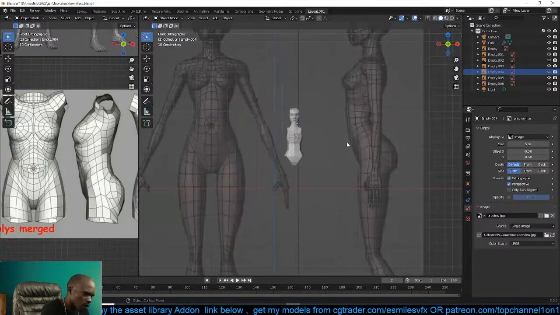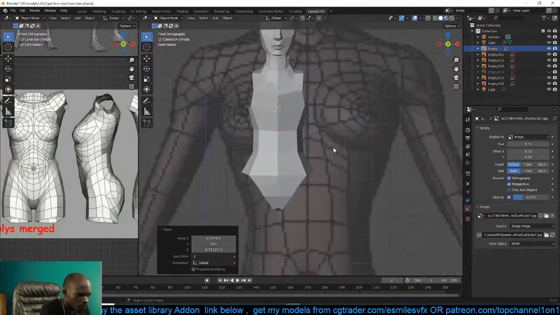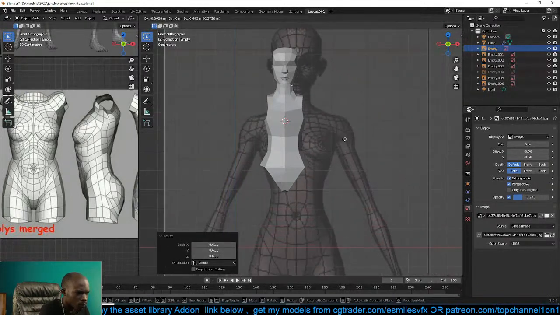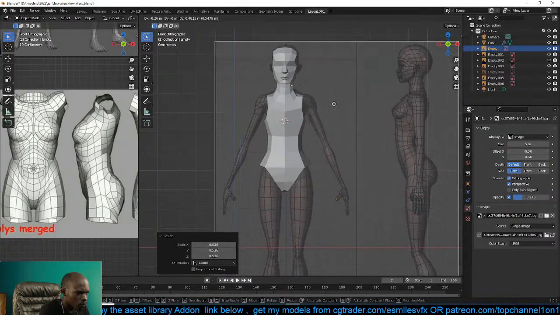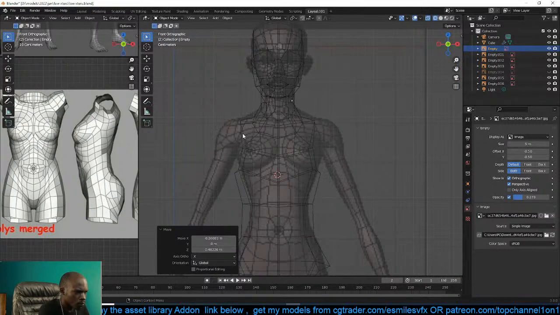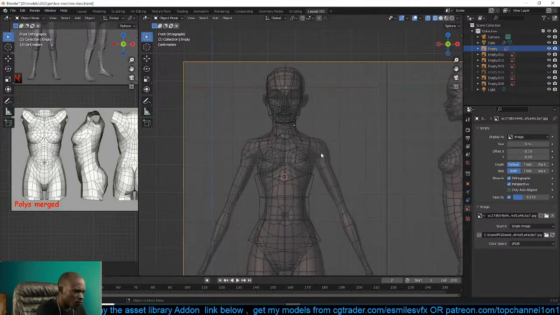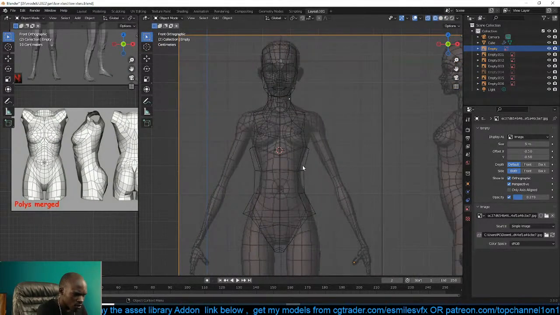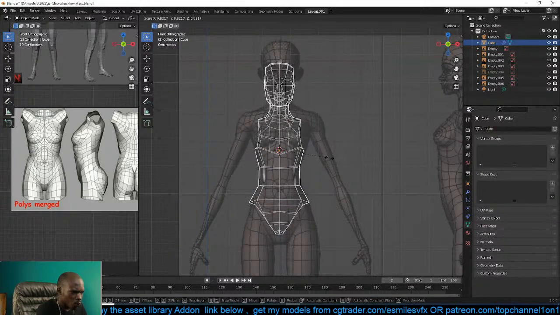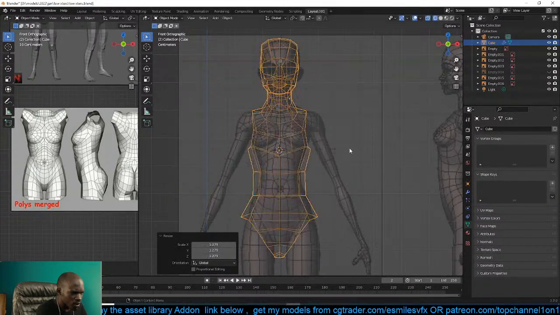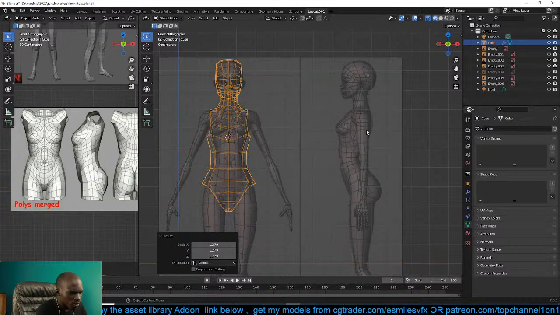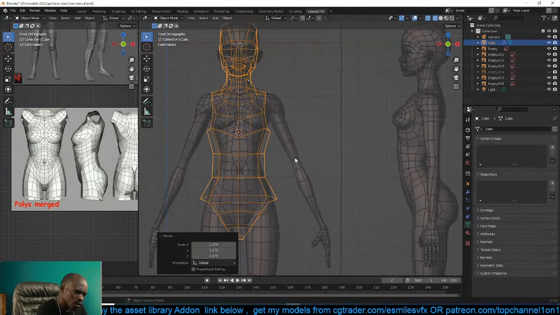Let me first hide this. Just line up this. Now the problem with trying to follow this is that the models are going to be a bit different. This looks a bit sterilized, but